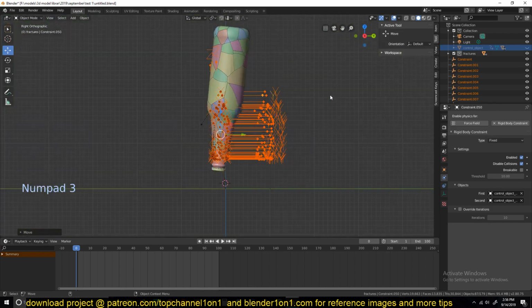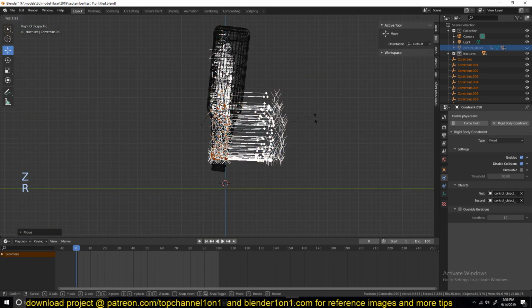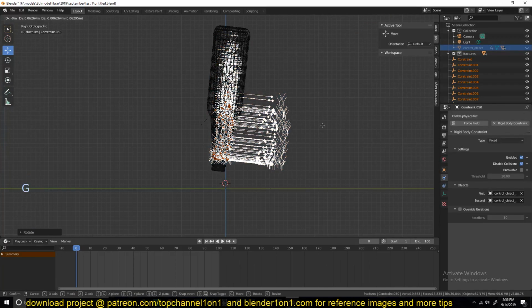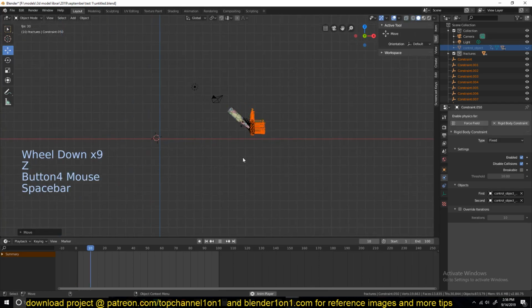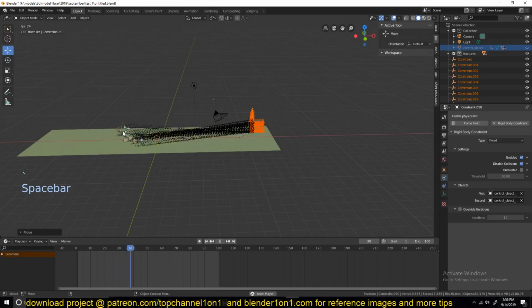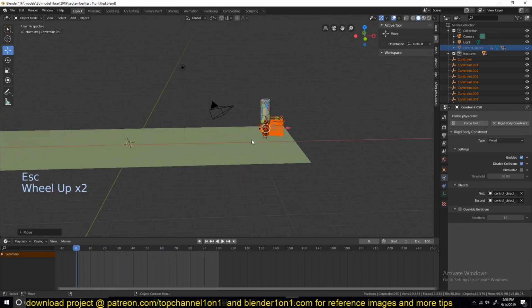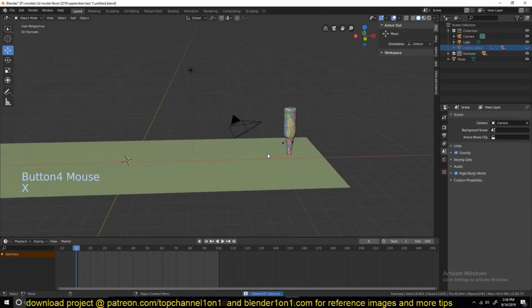So let's see if that will at least fix the issue, if we get them closer to this. You can see it's not as bad, but to make it even better, let's delete those connections